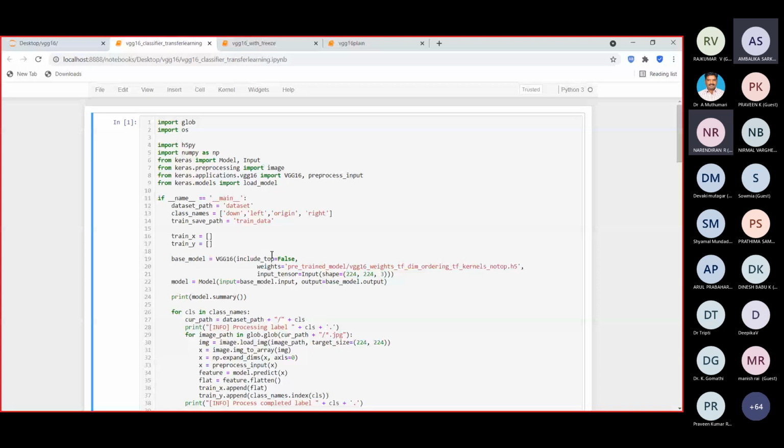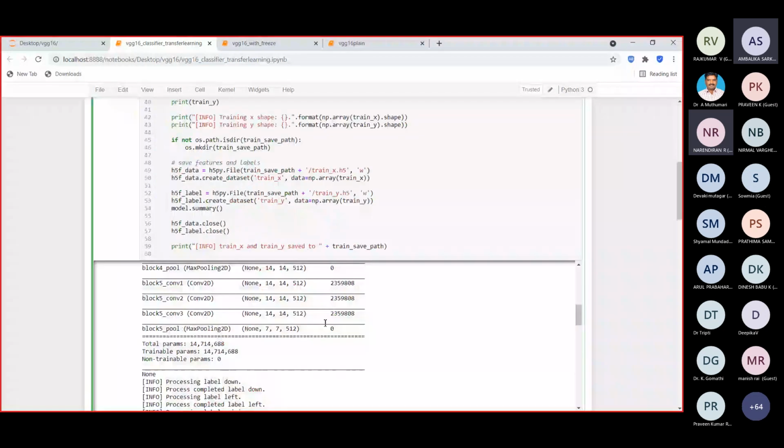So training data, testing data, everything I have taken here, and I have created the model using all the layers, up to the last max pooling layer.